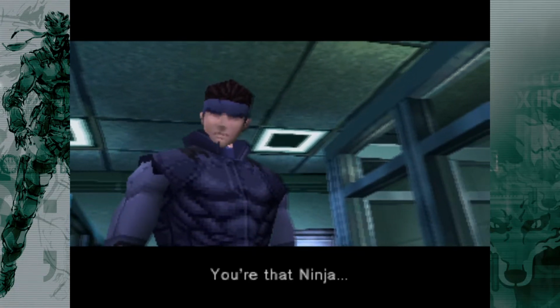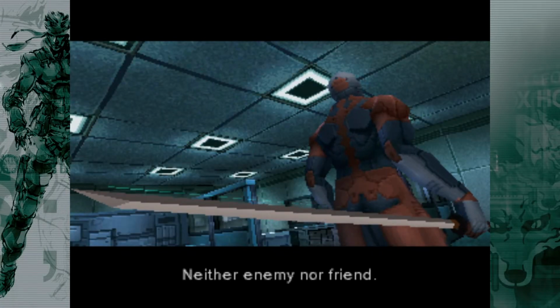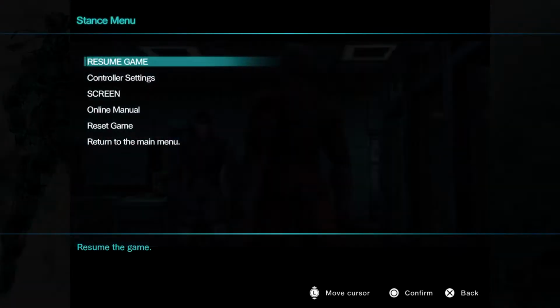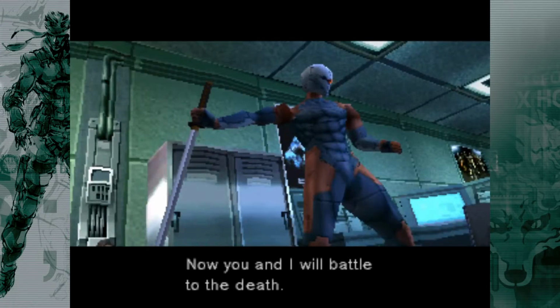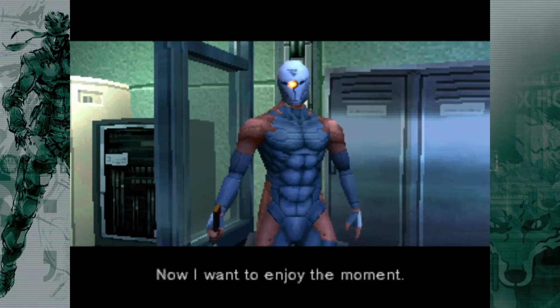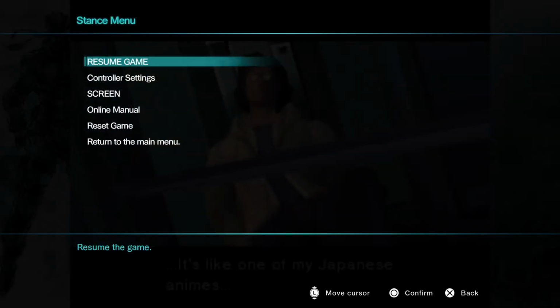Snake. You're that ninja. I've been waiting for you, Snake. Who are you? Neither enemy nor friend. I am back from a world where such words are meaningless. I've removed all obstacles. Now you and I will battle to the death. What do you want? I've waited a long time for this day. Now I want to enjoy the moment. What's with these guys? It's like...